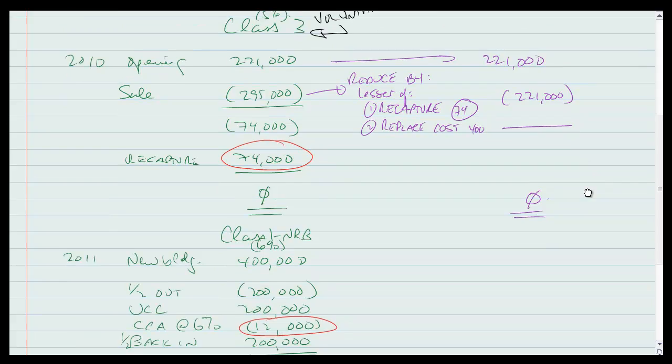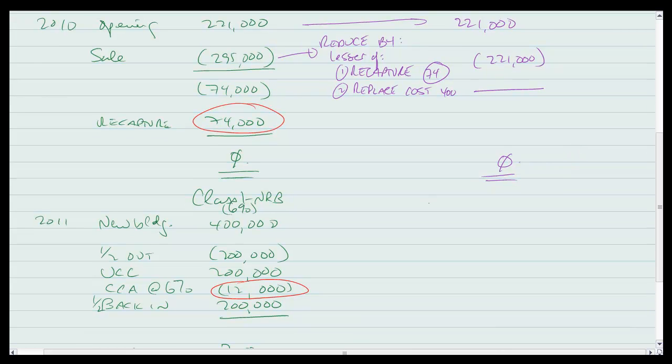Okay, so then we move on and we set up this new building, or we build this new building, and it goes in a new class, which has a 6% rate. Okay, so that's all the same. So the opening balance is 0. We bring in how much? Well, we don't bring in this. We bring in this minus, so $400,000